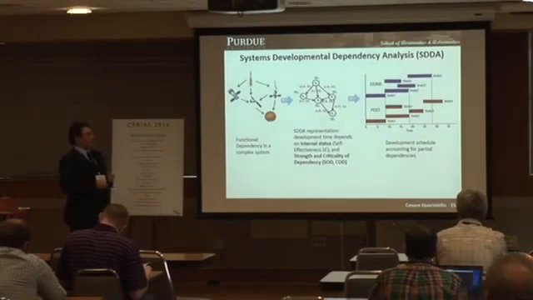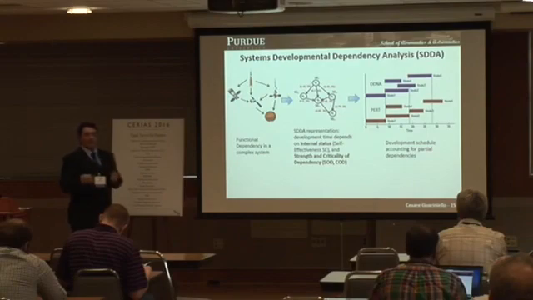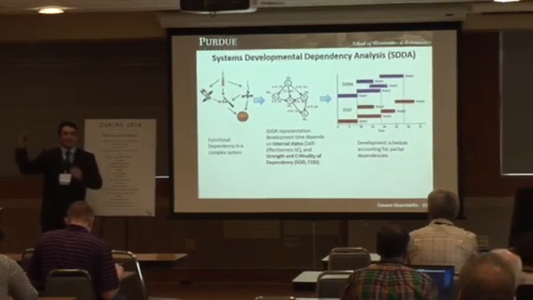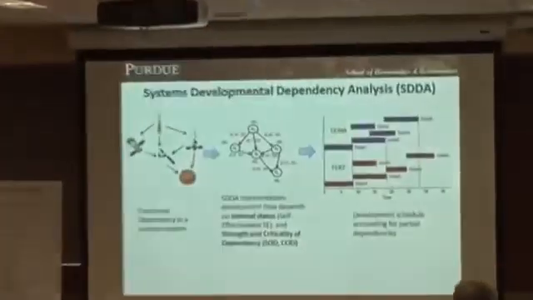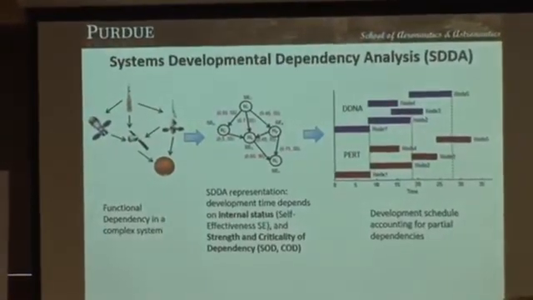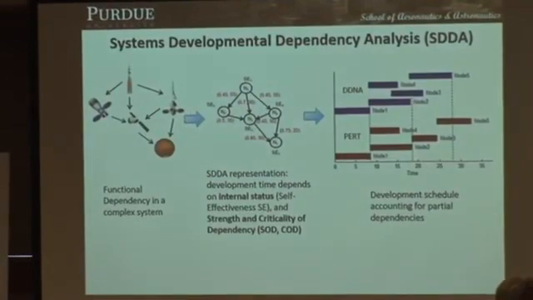Of course, in simple PERT networks, I guess most of you are familiar with PERT techniques, we have these absolute dependencies. I need to wait until a system is fully developed and deployed to start the development of my other systems. When we have multiple stakeholders and we are talking about complex systems, this is not the case. We might have some partial overlapping, and we have to decide how much we want to begin the development of a system before some other system is fully developed.